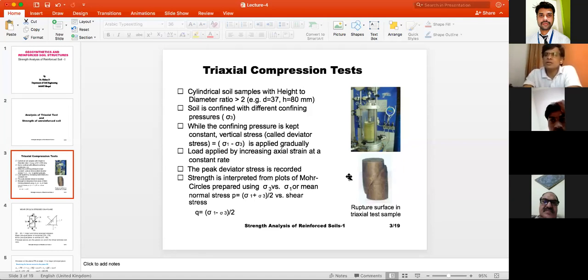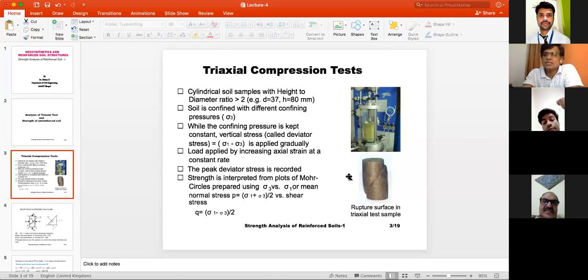During the investigation, you excavate and collect the soil sample at 1 meter depth. In the process, when you are excavating the pit and collecting the soil sample from the 1 meter depth, you are releasing the overburden pressure. When you release the overburden pressure, the properties of the soil alter.